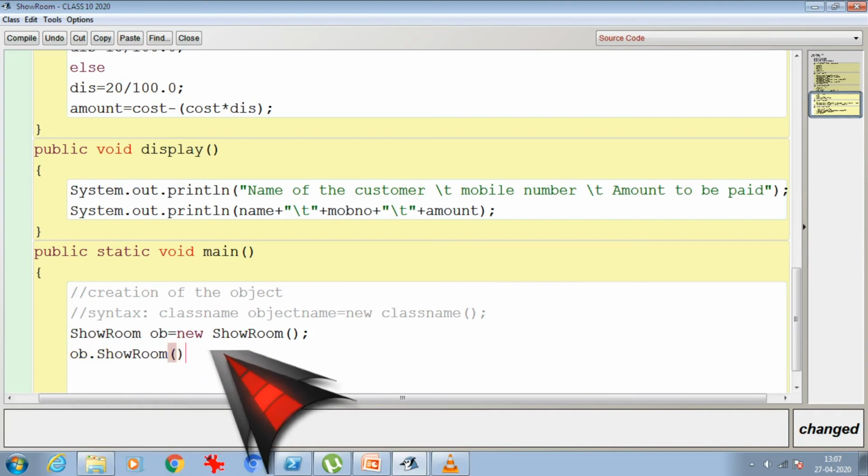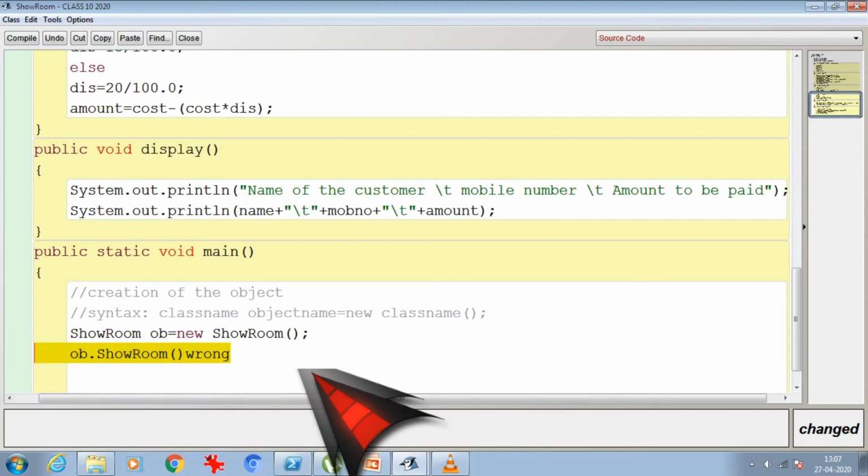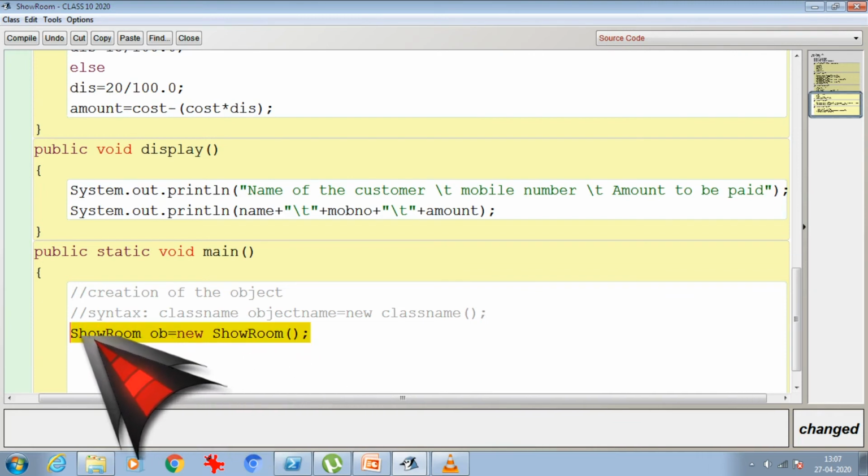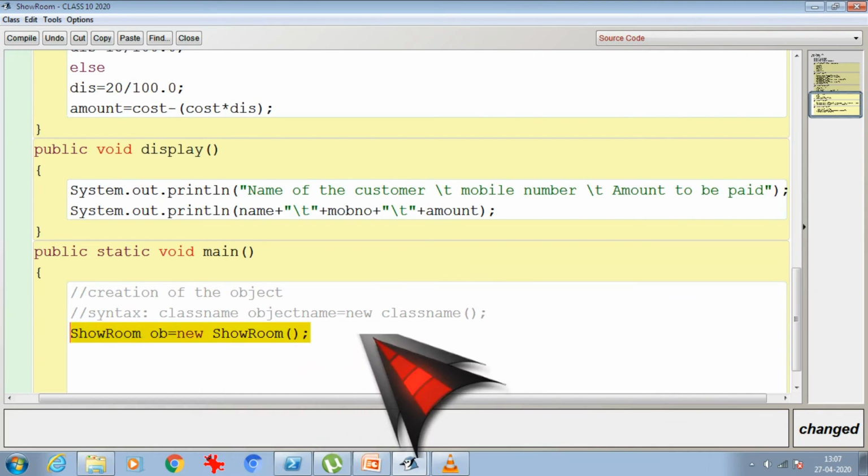This is wrong. Why? Because whenever we declare an object, at that time the default constructor gets called.